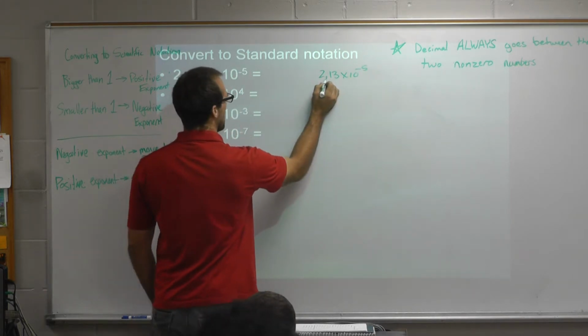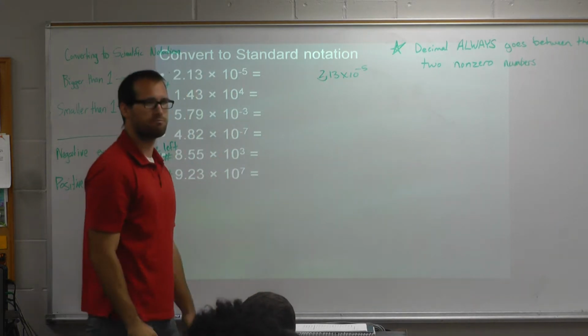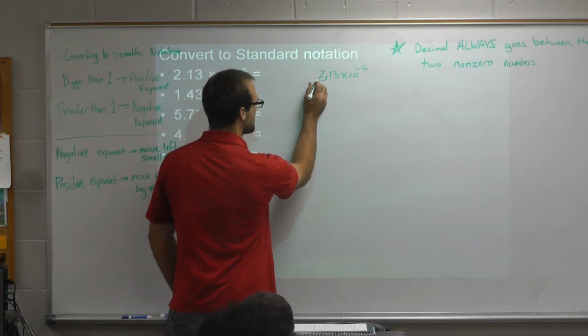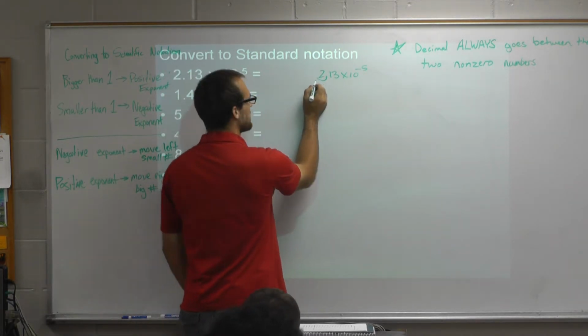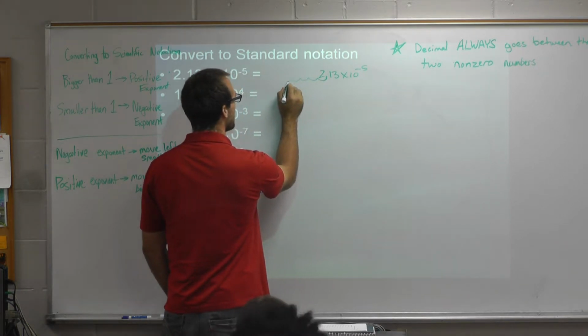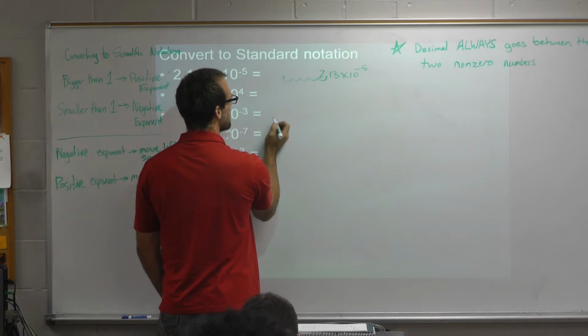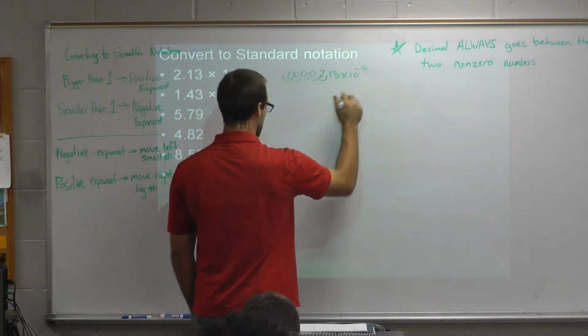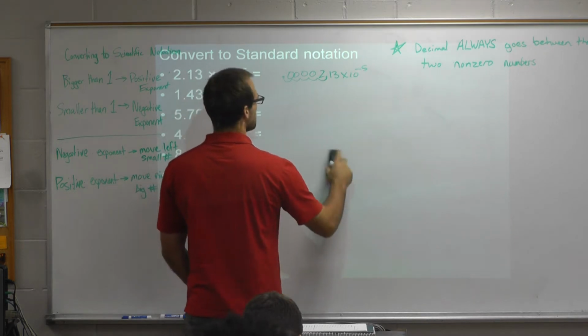Because you're like, I can only move 1. So essentially you're going to use your imagination here. 1, 2, 3, 4, 5. That's where your decimal goes. Fill in zeros. So your answer would be